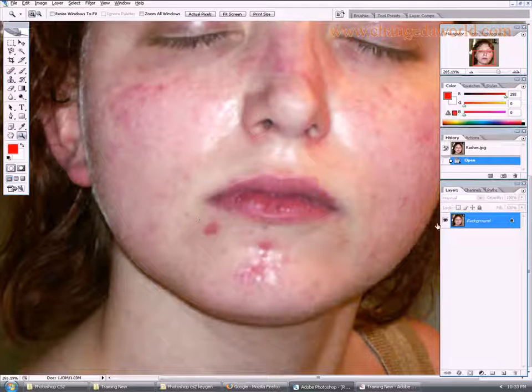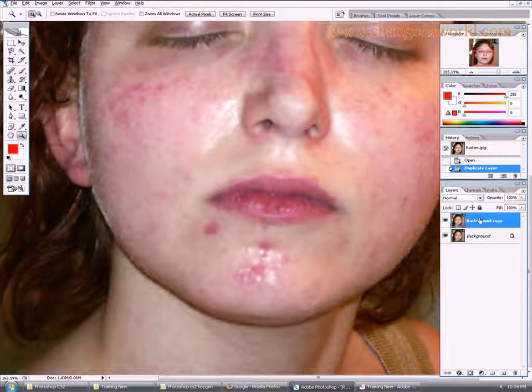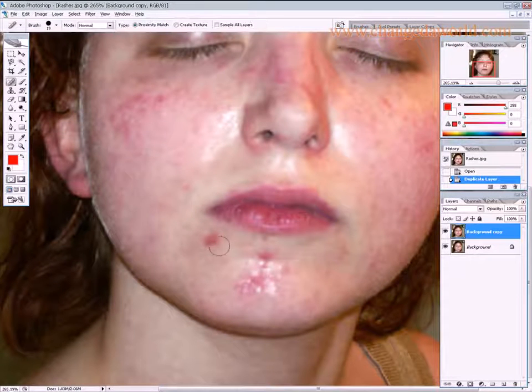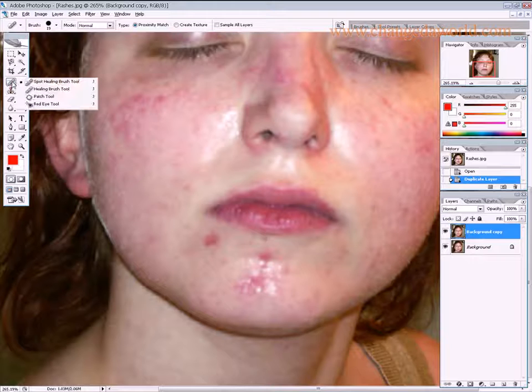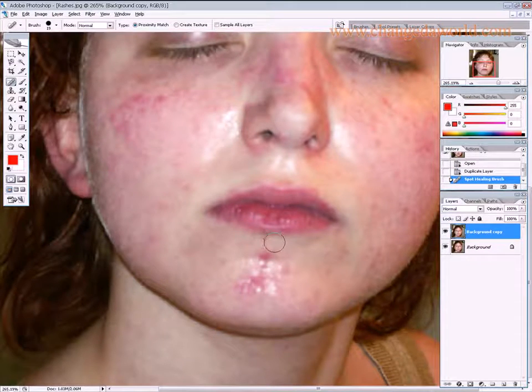So what I can do is, first I can duplicate this layer, create a duplicate by dragging and dropping it to the create new layer option and release, right? There's a copy here, and let me go ahead and try removing this particular pimple by selecting the spot healing brush tool. Let me come here and click. The pimple is gone, right? And similar ways I can click here. What it does is it copies and